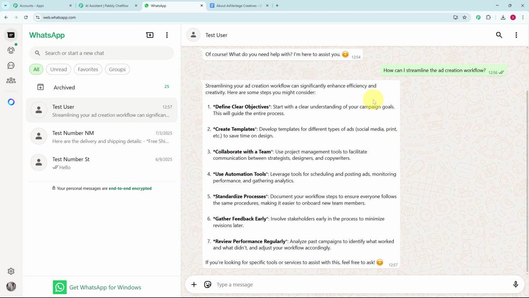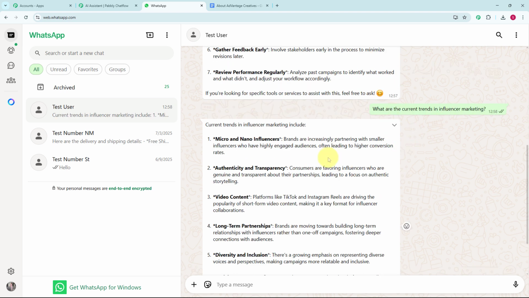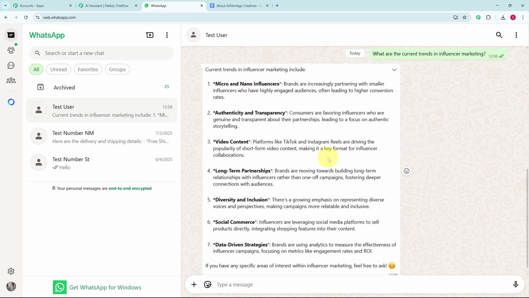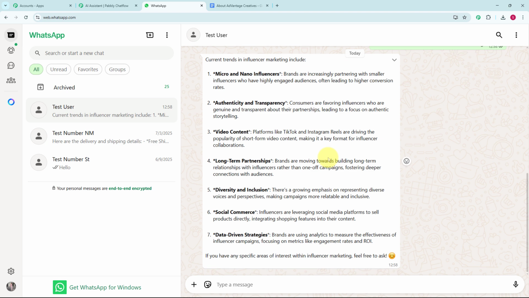Here you can see as I have entered this question, my AI assistant is responding to me with some of the steps. So here my AI assistant is responding correctly. Now let's ask another question from our AI assistant. Here I am going to enter this question, that is, what are the current trends in influencer marketing? And as I've entered this question, my AI assistant is responding to me with some of the current trends in influencer marketing. Now I am going to ask another question from my AI assistant, that is, what services do